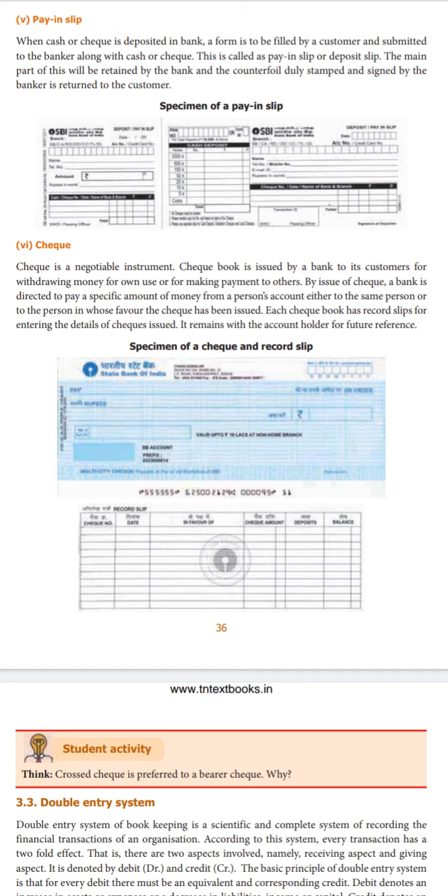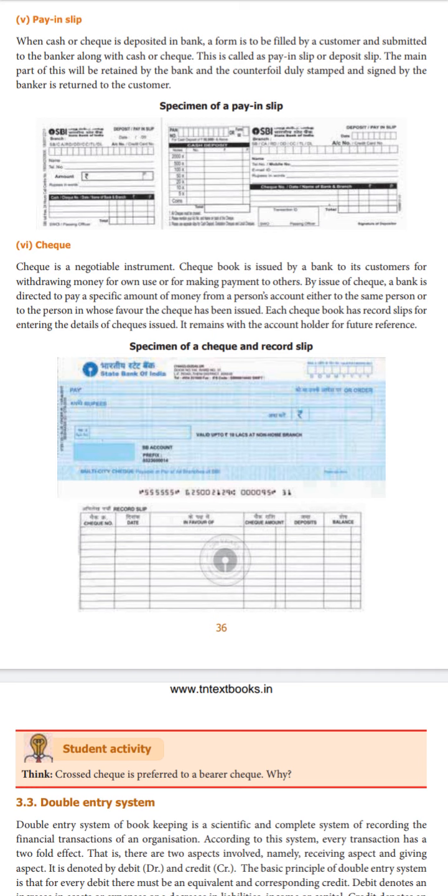will be filling the pay in slip stating your customer details, that is your account number, the date, and all the information related to it. If it is cash you will enter the denomination, if it is a check you will enter to whom it is to be paid and how much amount, and the check number will also be written in the pay in slip, right? So basically this is also called the deposit slip,